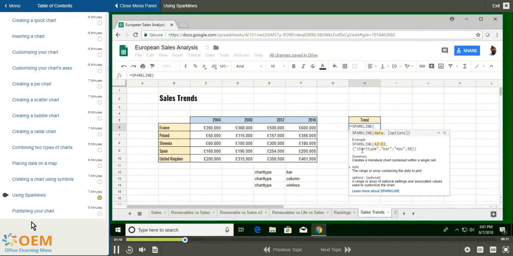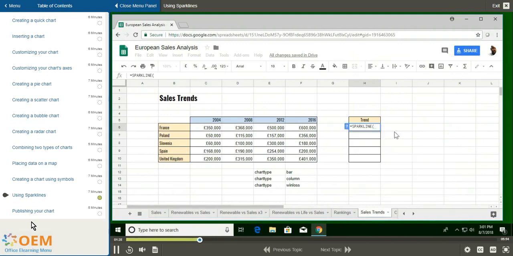For example, you can enter the word chart type and then choose a bar or column or win-loss or max option, depending on how you want to display your data. If you want to learn more about sparkline, you can click on that blue link at the bottom of the box. I'm just going to close this now by clicking on the X,